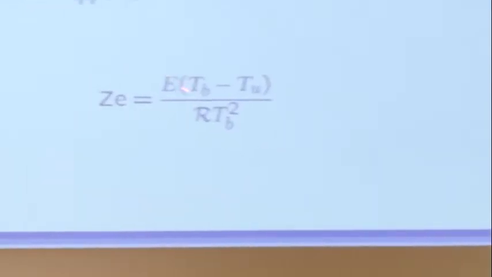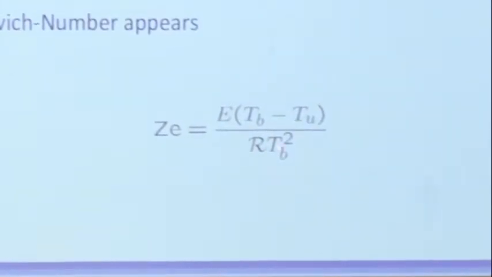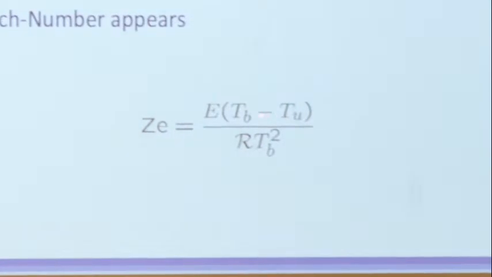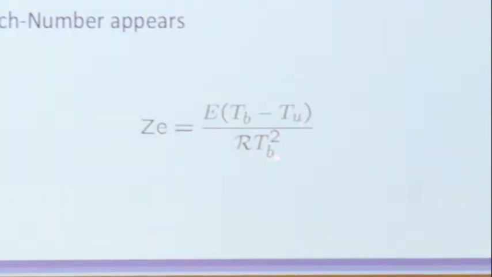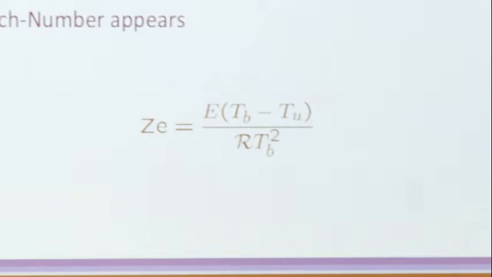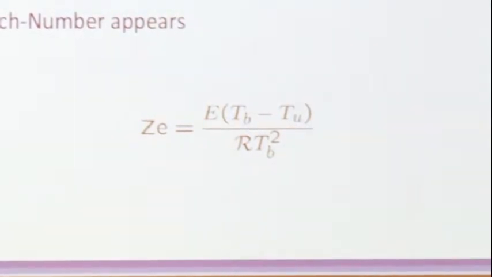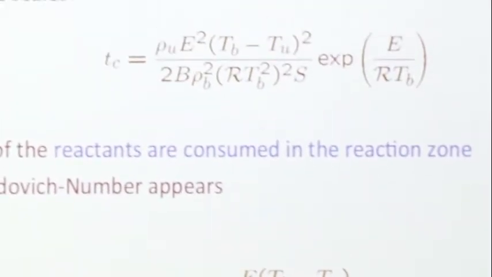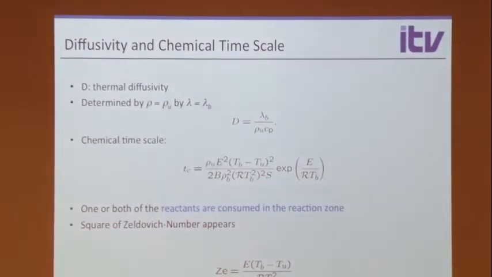So this ratio of activation energy, this is a non-dimensional activation energy, E over R T_b. And then T_b minus T_u divided by T_b is a non-dimensional heat release, or temperature increase through combustion. That is what this number measures. And the larger the Zeldovich number, the stronger the nonlinearity, the stronger the effect of a temperature change on